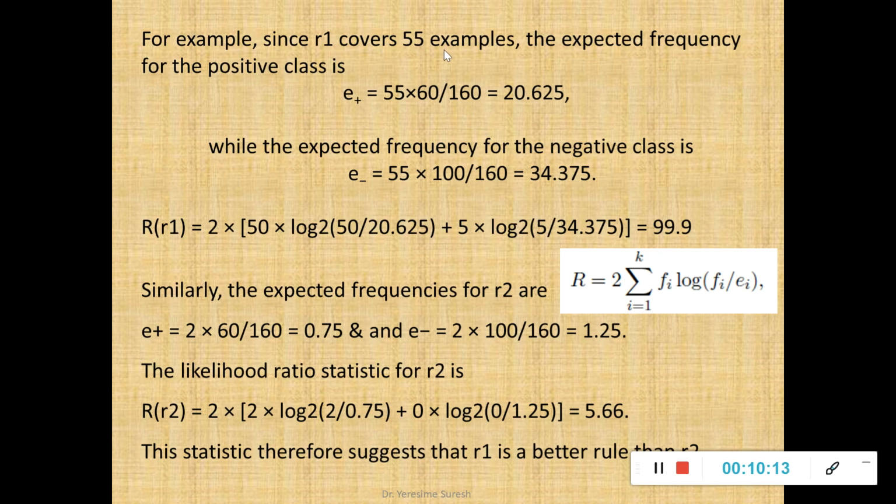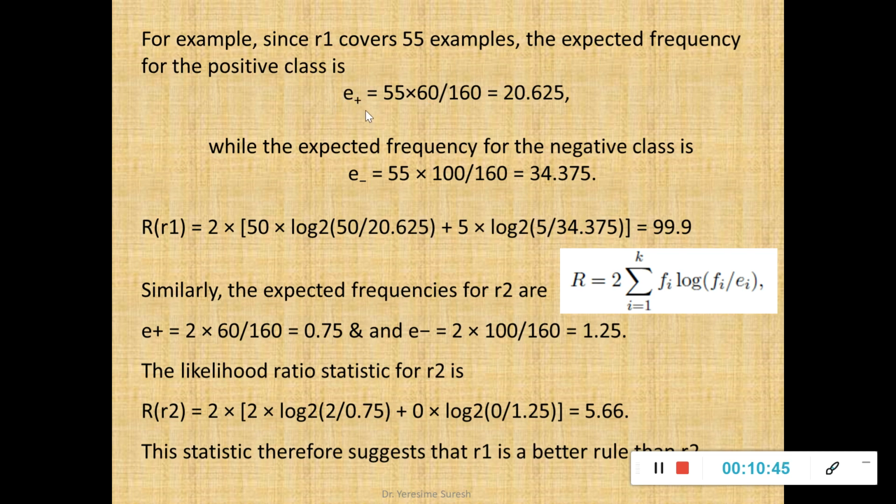Rule R1 covers 55 examples, 50 positive, 5 negative. So the expected frequency for the positive class is E plus. I represent it as E_i because there are two classes, positive instances and negative instances. The total number of instances covered is 55. And in your training set, how many positive examples are there? Because I am trying to find the positive expected frequency, I am supposed to consider only positive instances from your training